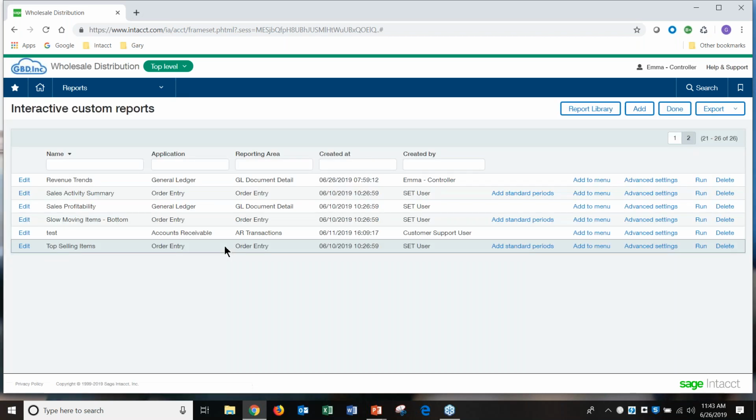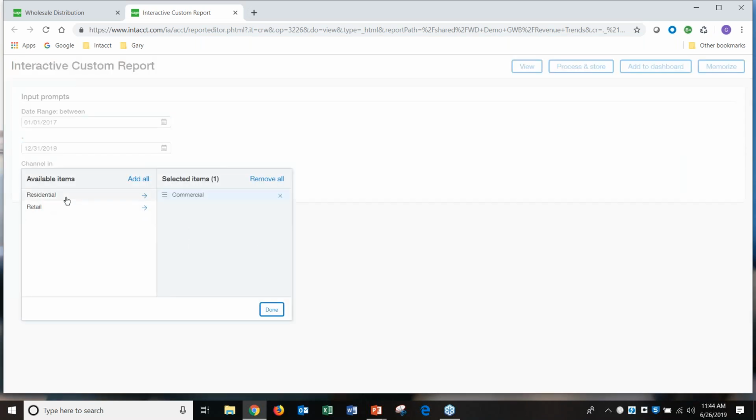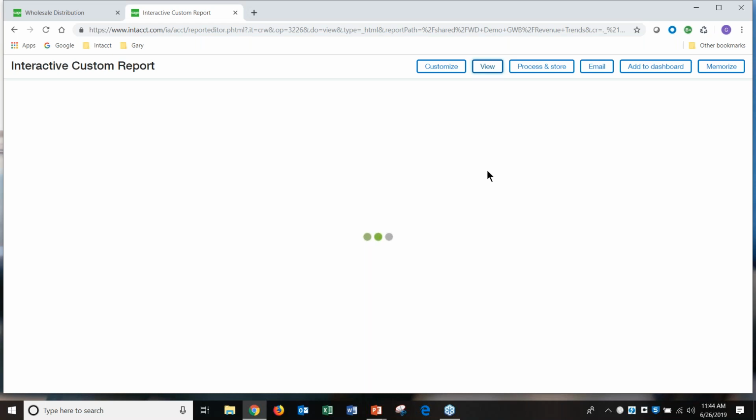So let's pick the report up and let's run that report as if the user would run it from a dashboard or a menu. So when they run the report, it's going to look like this. It's going to come up and ask them dates. And it's going to ask them to select the channel. And then here I can pick the values, or one or two values, or all the values. So when they view that report,